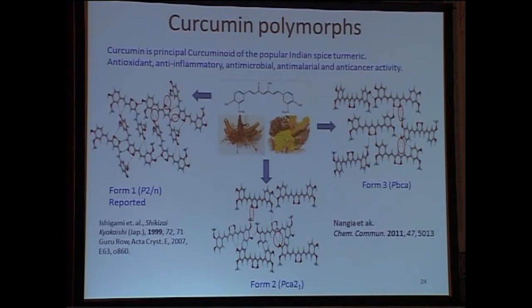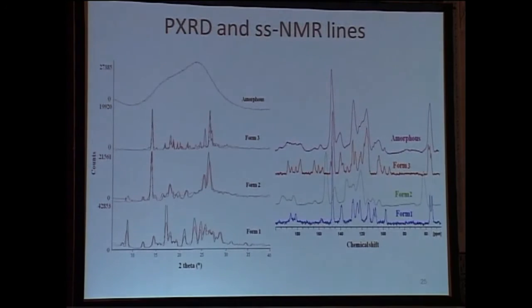the main challenge with polymorphs is that the metastable polymorph, which has usually the higher solubility, can transform to the more stable one, and we found that within a matter of few hours, both form 2 and form 3 transformed to form 1. So really, in a practical sense, there was no advantage other than knowing that there is a polymorphic behavior for curcumin. So these are the powder patterns which we got for the bulk materials, which match very nicely. There was also an amorphous phase, and then the solid state NMR to further characterize the polymorphs.